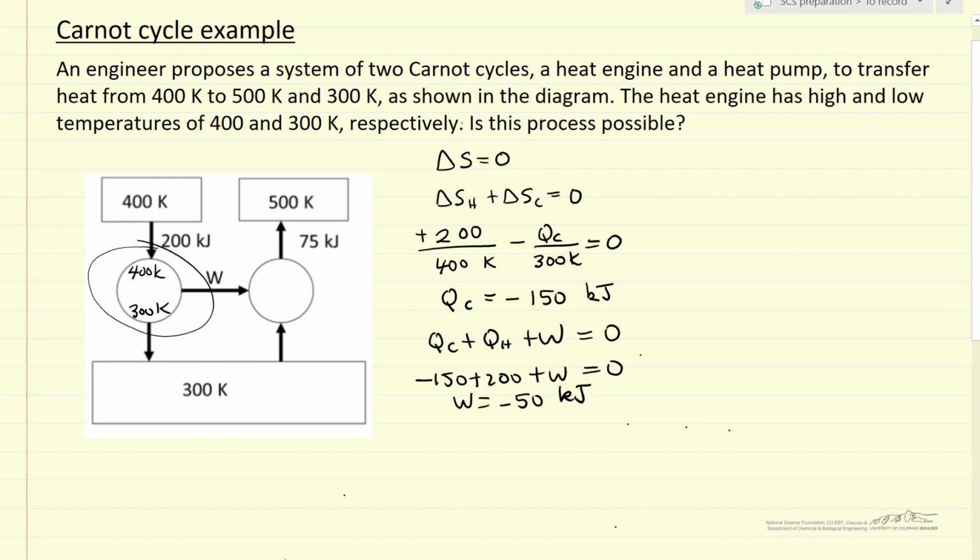That's how much we're removing from the heat engine. That's how much we're adding to the heat pump. So let's make this so it's a little cleaner here. So I can put this as 50 kilojoules. Well, if I do an energy balance on the heat pump, again, first law says the total energy has to be 0. So we're transferring out 75, we're adding 50 as work. This must be 25 kilojoules to satisfy the first law.